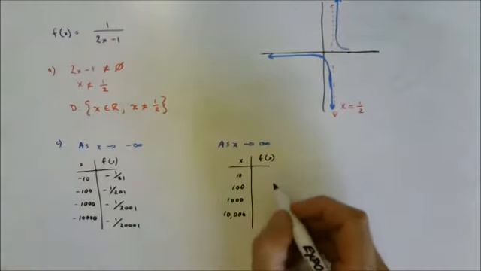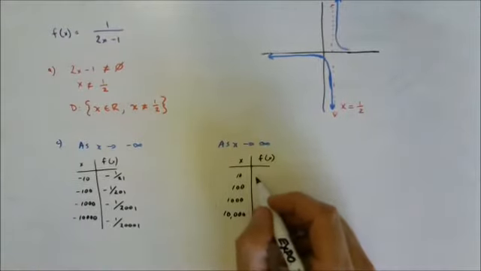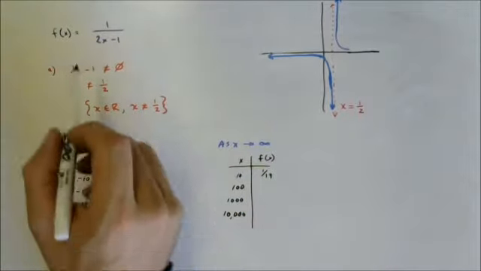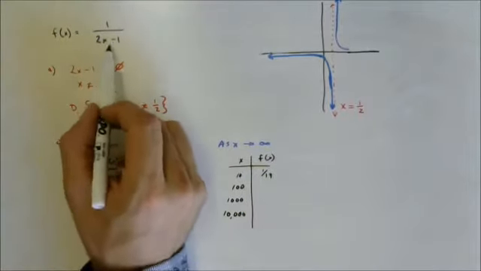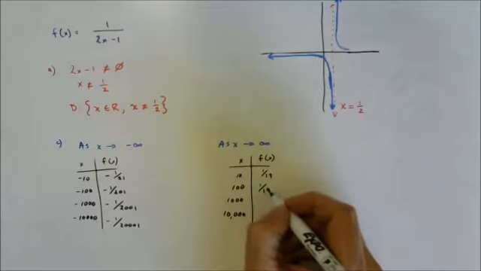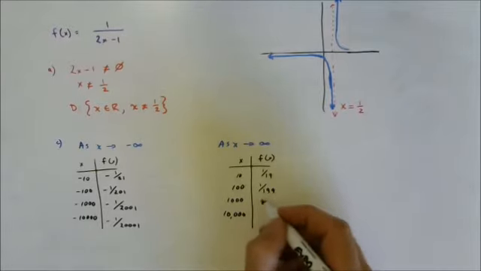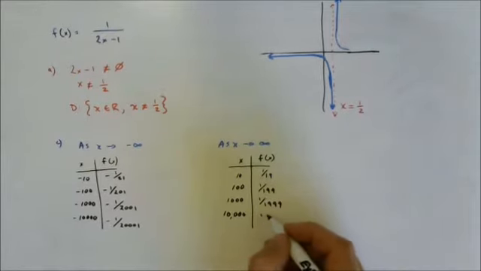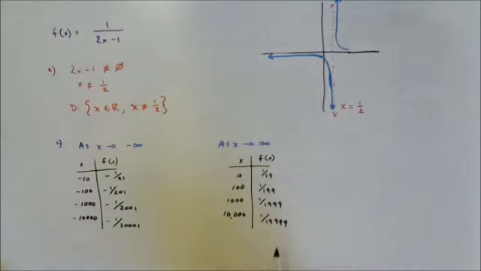Same strategy on the next side. We're going to put it in, and we're going to end up with 1 over 19. It's positive. If we put 10 in, we get 2 times 10 is 20, minus 1 is 19, 1 over 19. And just speeding up the process a little bit, the next value is 1 over 199. The next is 1 over 1999. And the next is 1 over 19,999. And again, you can see it's all positive,